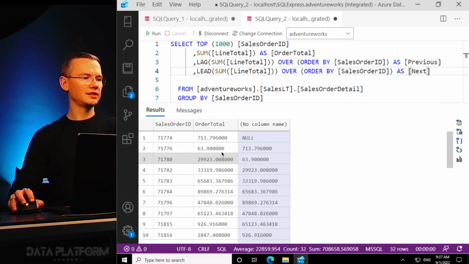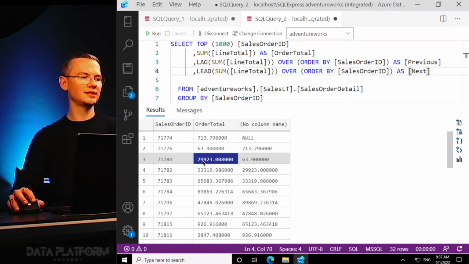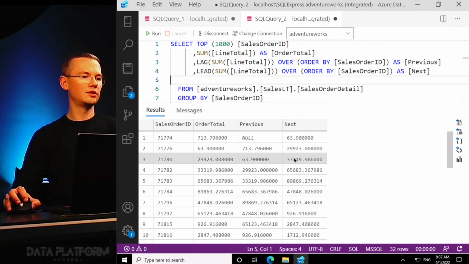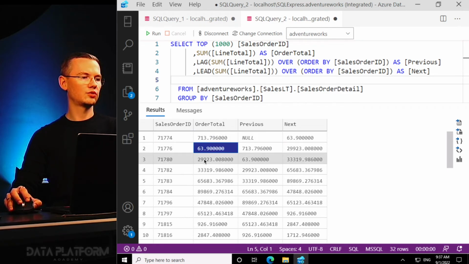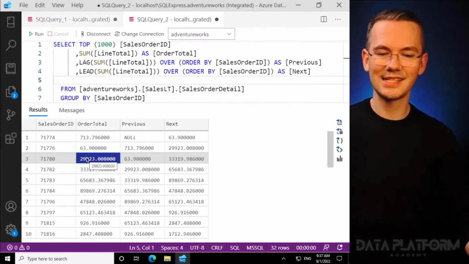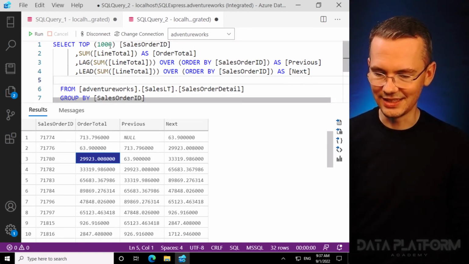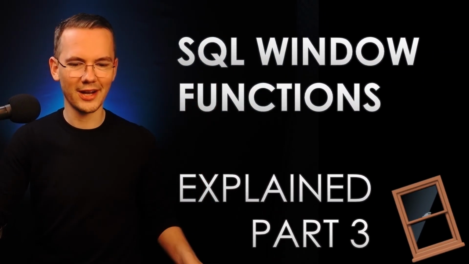So again, if I'm looking at the 63.90, the previous value is 713, and that's what I'm seeing here. The next one is 29,000, and that's what I want to see the moment I run this query, and boom, 63, ta-dam, the previous one is 713, the next one is 29,000. This is exactly how we build those lag and lead functions,